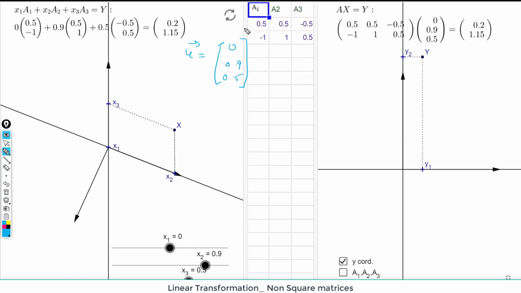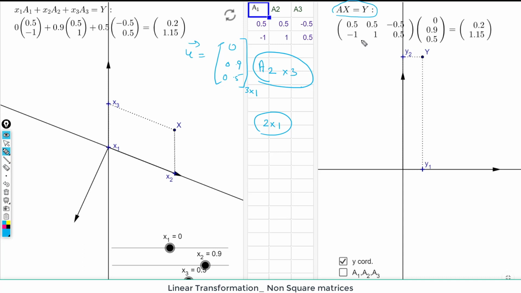Here in the Excel sheet in between the two screens, you can see the transformation matrix. And this transformation matrix is, you can see, a 2 by 3 matrix, 2 rows and 3 columns. So the A matrix is a 2 by 3 matrix. And when we apply this 2 by 3 matrix on this 3 by 1 vector, the output vector would be of dimension 2 cross 1. So you can see here this matrix vector multiplication on the screen. This is A, your matrix, which is defined by these coordinates, and U, the vector which you are taking as the input vector.